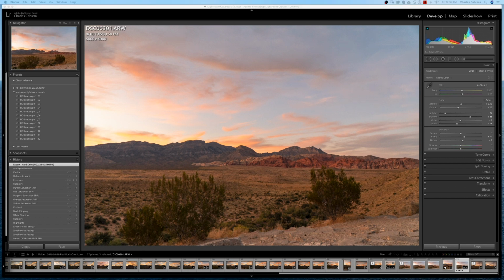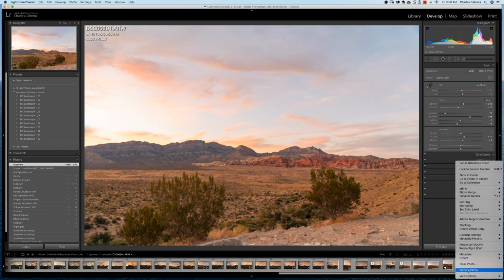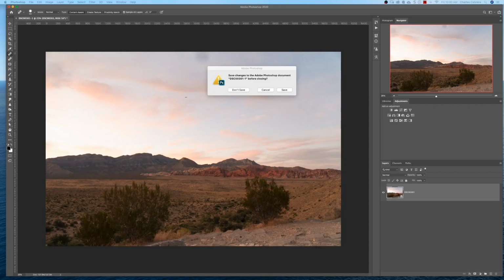So another good feature of Lightroom is it is a non-destructive editor. Adobe Lightroom is a non-destructive photo editor, which means it doesn't permanently alter your original image file. So if I'm in Lightroom and I make a change, say I make a change to the exposure on this photo, just a slight change, and I go in the file system and look at it, the file name and the extension is intact.